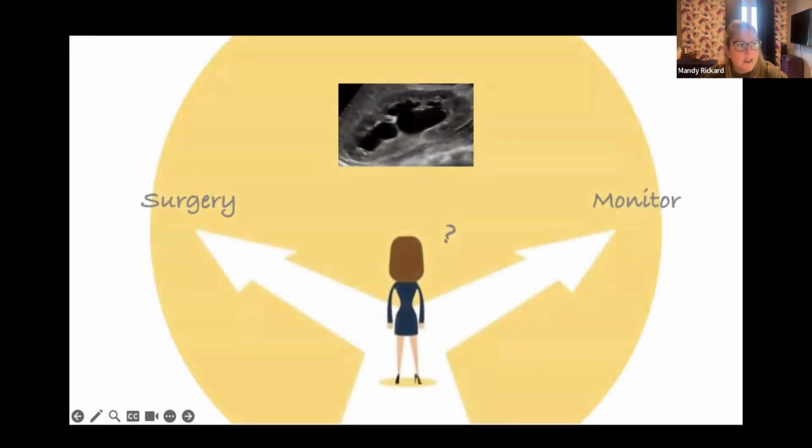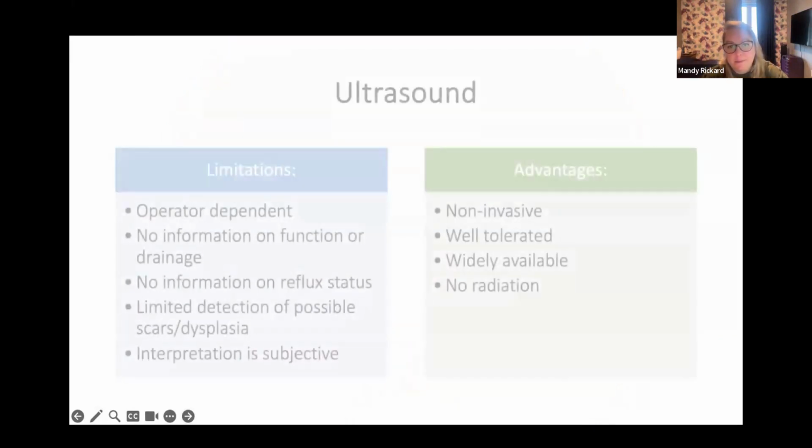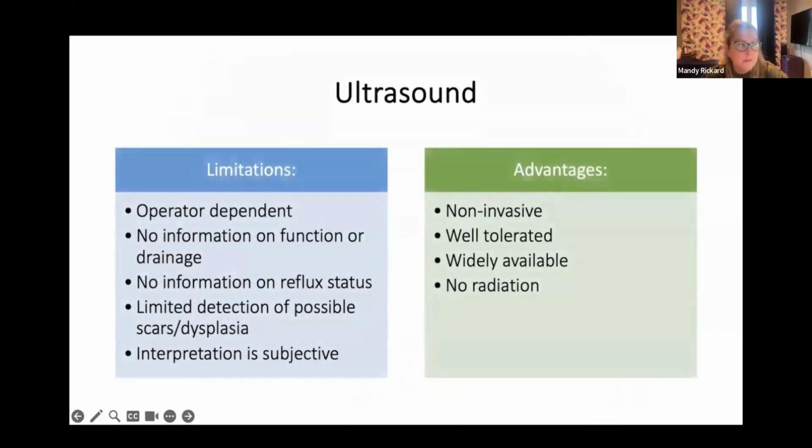So despite having a good understanding of management goals, deciding between surgical intervention and monitoring remains a common challenge and a controversial topic within the peds urology world. Identifying patients that would benefit from surgery is certainly not always possible upfront or with early ultrasound images. So due to the invasiveness of hydronephrosis monitoring and the large number of kids investigated with invasive tests, risk stratification by ultrasound images is very appealing.